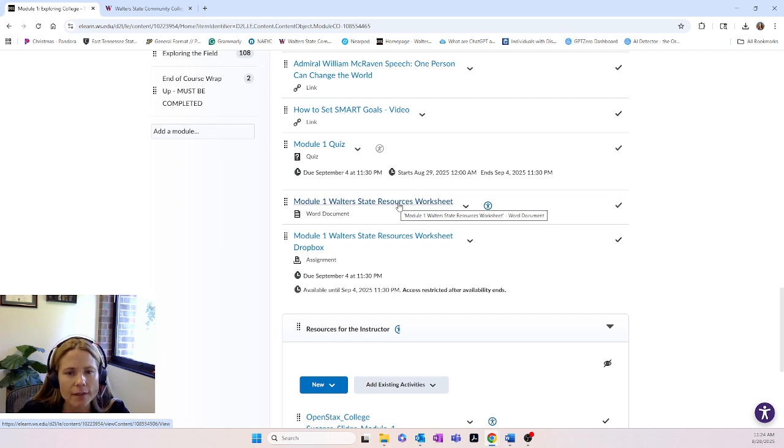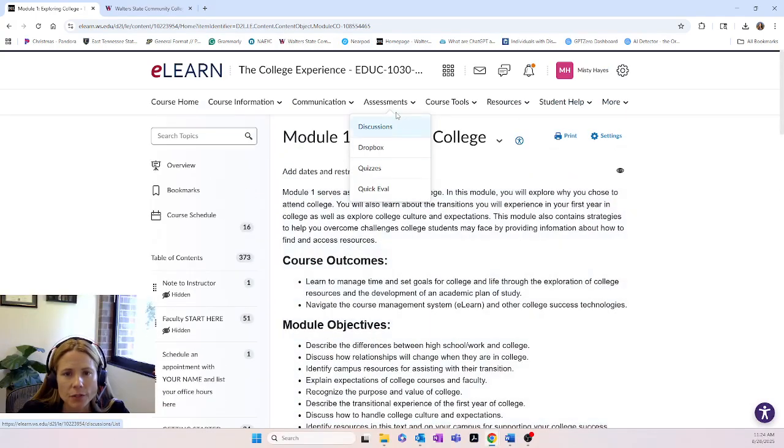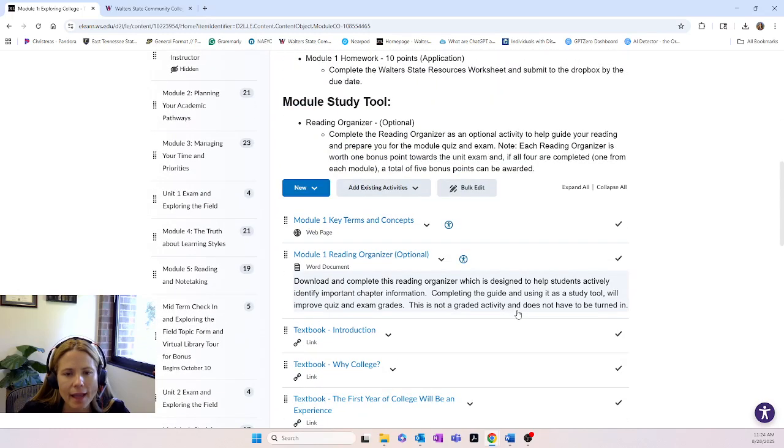And underneath the homework assignment is going to be your Dropbox. This is just a link to get there so you can submit the assignment. Again, you don't have to use the link. You can go up to the assessments tab and click on Dropbox, and that is another way to submit your assignment as well.